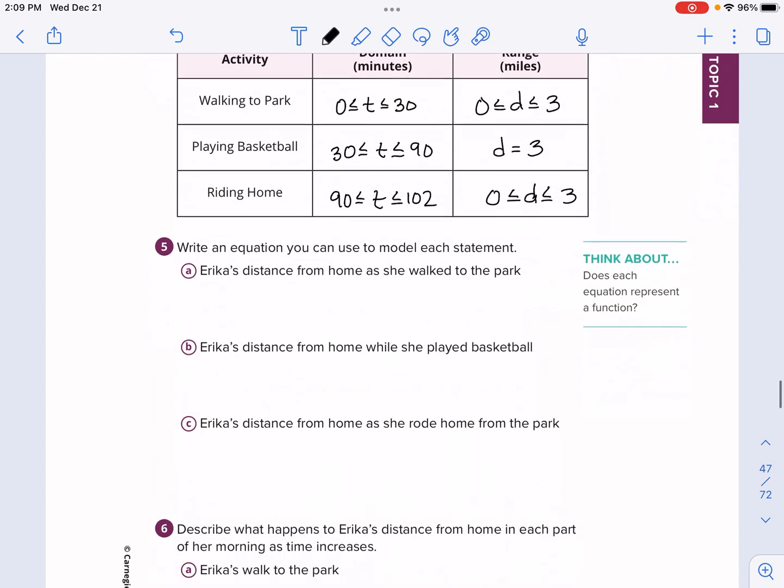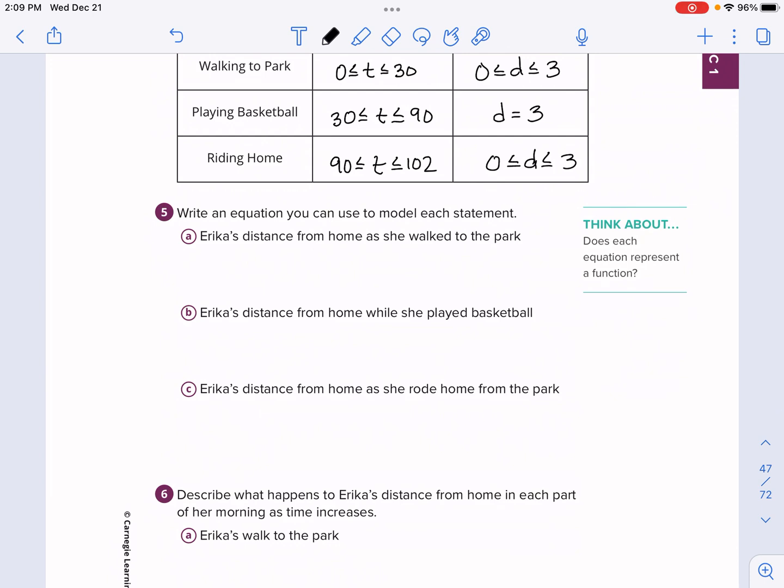Okay, so now let's determine an equation. So remember, in an equation, if it's proportional, it looks like this, y equal to mx. And if it's not proportional, it's y equal to mx plus b. Okay, but we have other variables, right? We talked about that we have t and d. So for the equation